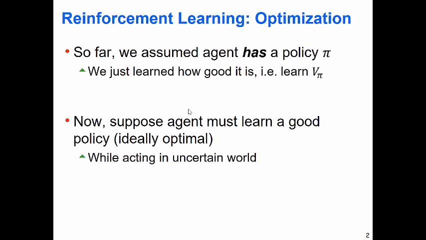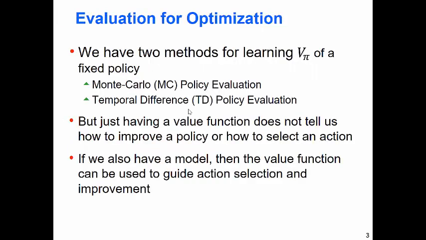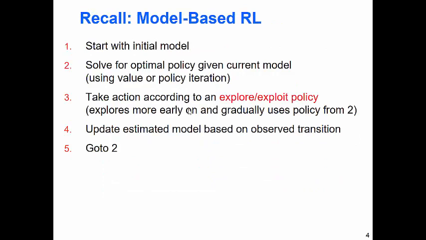And so we just got done with policy evaluation, learning v pi given pi, right? Okay, so that showed us a few principles. Now we want to actually try to optimize the policy. So I'm not going to give you pi anymore. I'm just going to let you run around in the environment and figure out an optimal policy. And so, again, here we're going to have two different ways of learning an optimal policy. One's going to be based on Monte Carlo. One's going to be based on temporal difference learning. And these are going to be very, very analogous to what we just saw, and almost exactly analogous. All right, so to get into it, let's just review model-based RL, because